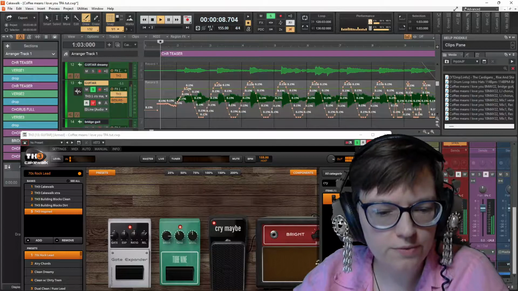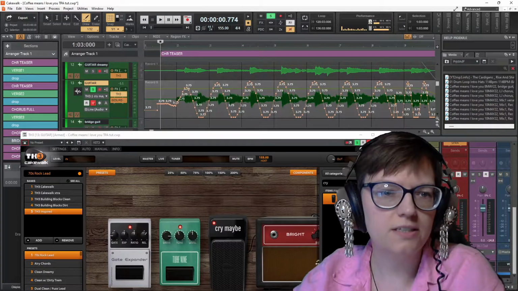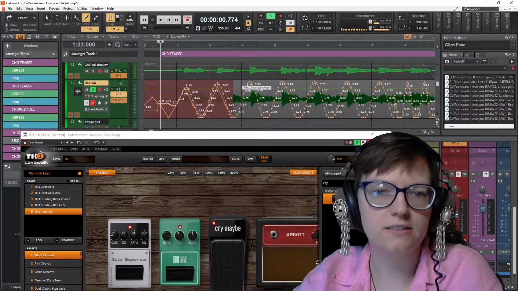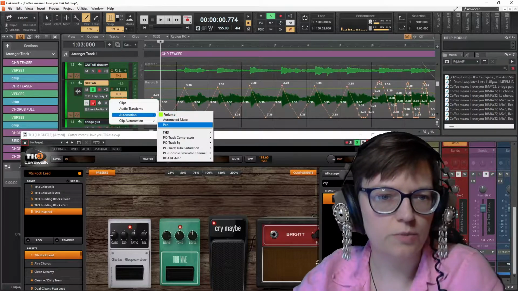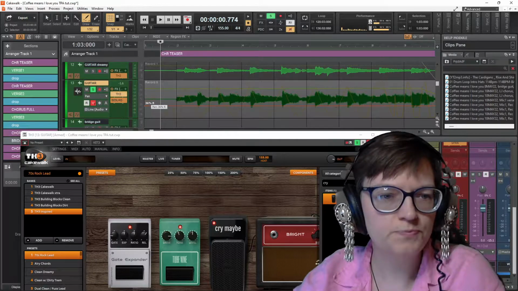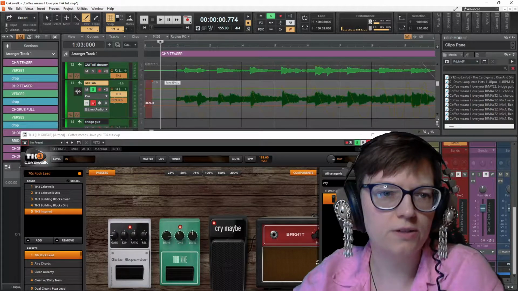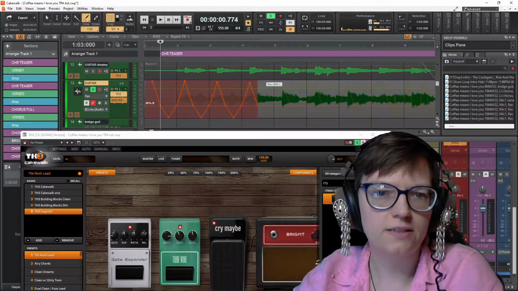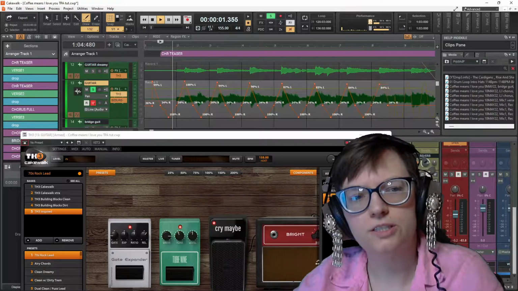It's the same when I hit T again and right click over here, you can do triangle. I like triangle for pans. If you're wearing headphones, hopefully you'll be able to hear this. So I'm going to go back to my automations and go to the pan automation and hold the mouse and then go up as high as you want it to go. And then draw the triangles. You can hear it should